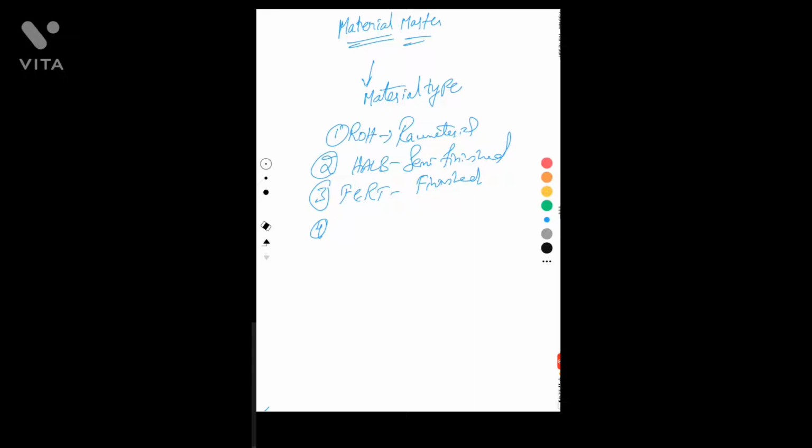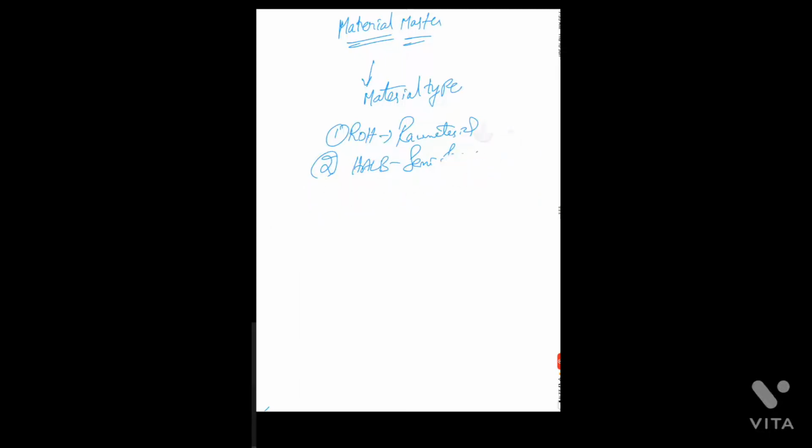Now, how does it control the material master record? It's not just a type of material; it is also controlling the material number. When you create the material number, what parameters does the system control? The first thing is whether the